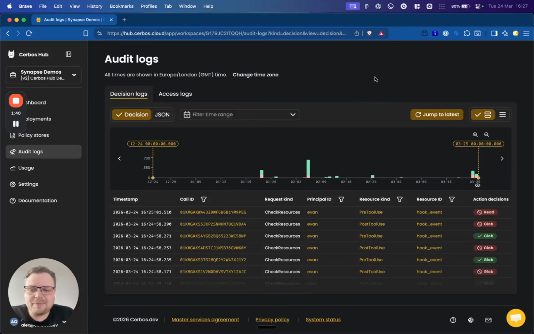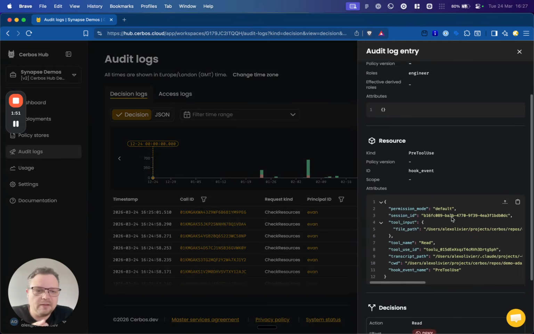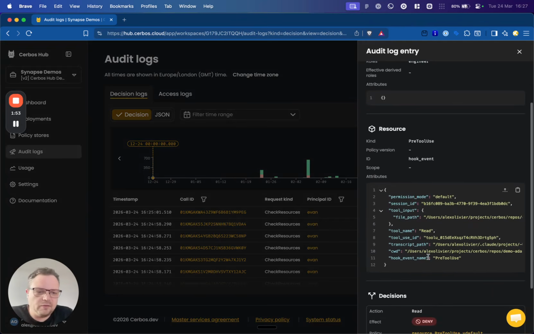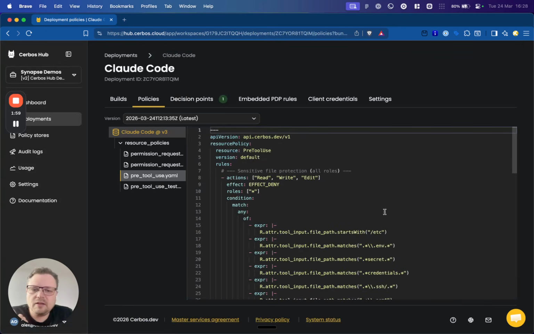What that looks like in practice back in Cerbos Hub is every decision and every tool call is being evaluated against a policy, and we get a clear audit log of every decision that's being made to lead to whether those tools and those agents are allowed to do it. And we can see here that this particular event, a read on this particular path, was actually denied based on our policy. And we can actually go and look at our policy file underneath,